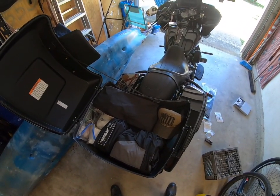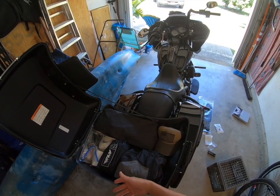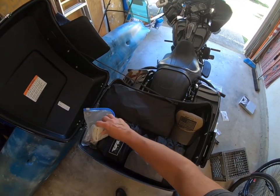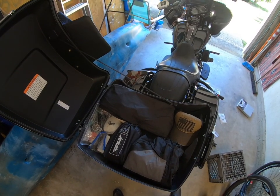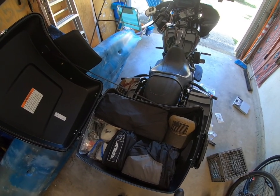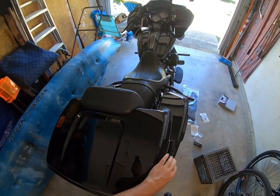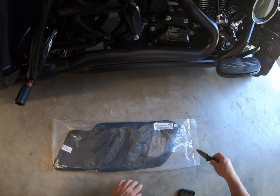Alright, so as you can see, I've just got some rain gear, rain boots, a hat, and the most important thing, a little bit of toilet paper. And got some random bits and pieces and zip ties and stuff to help out if anybody had a problem or if I got a problem. Underneath there I've got a little first aid kit. So we're all set. Alright, the next step is the organizers